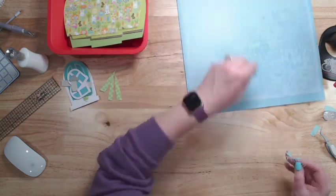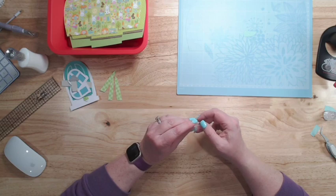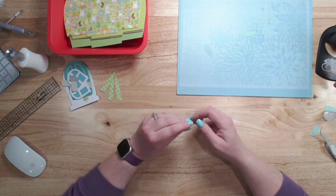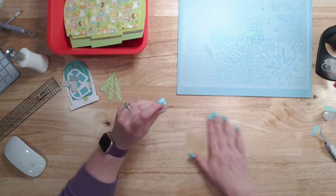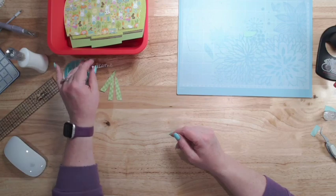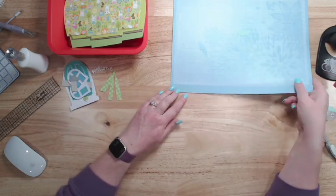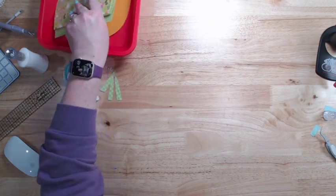So this we may end up not using, but we have it if we want it. What I will probably do, because it will be a lot easier than trying to glue this little tiny delicate piece on, I probably will get into the Chit Chat and find a piece there that I like. Okay,